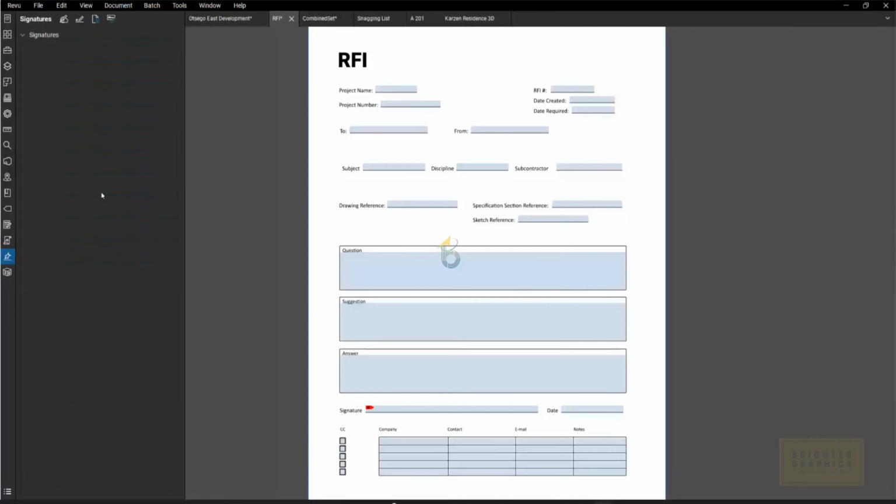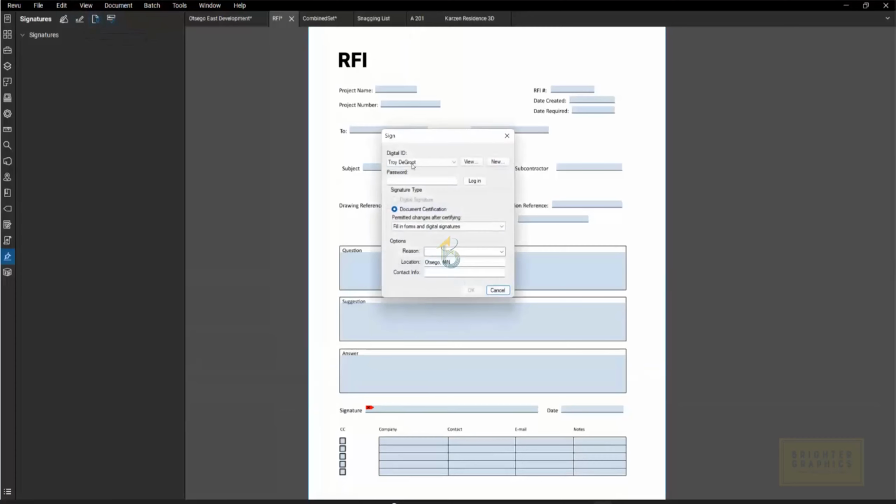Next one is our signatures. In here we can create a signature field, which basically you're going to draw a box to create something just like this. And then you just create your own signature, digital signature. We'll maybe cover that on a different webinar, but if I click in here to sign on the document,